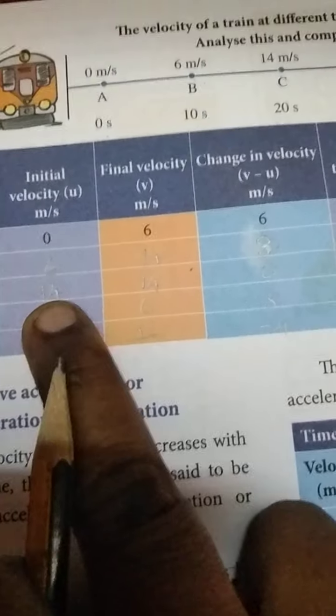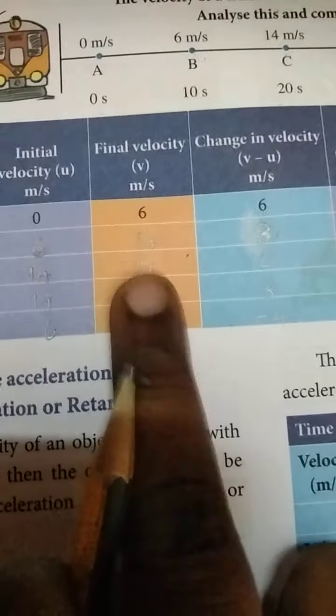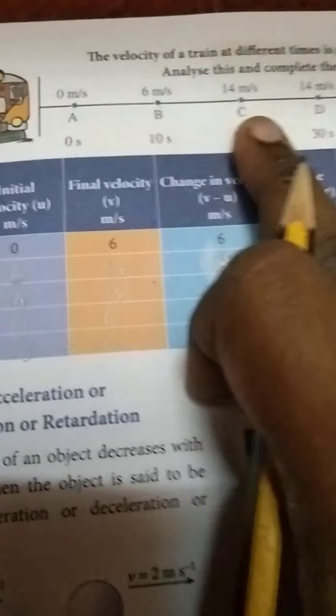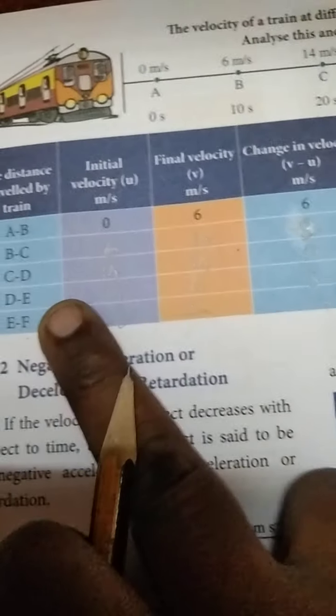Likewise we find the initial velocity and final velocity. Both for C and D it is 14 only, so 0. Then the time taken is 10, so that is also 0. Okay, that is...